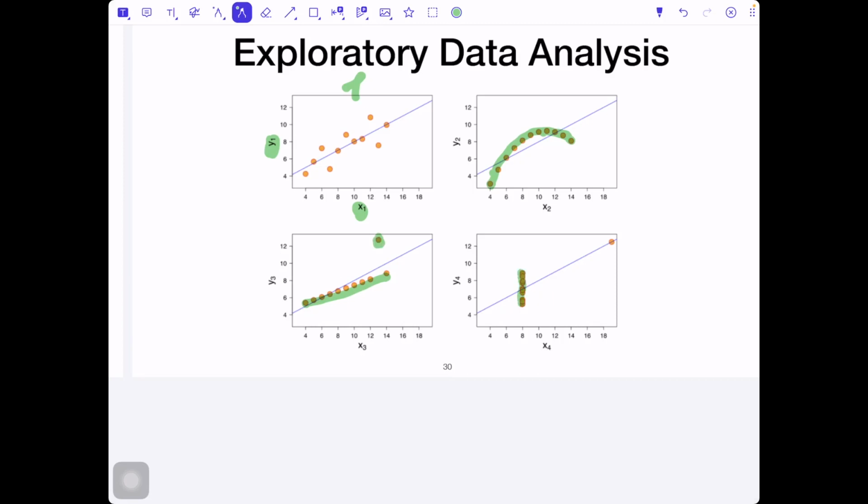Our fourth data set: again, the data could lie on one line, but this line is perpendicular to the x-axis, and we have one outlier. So if we apply the statistical methods, it gives us 4 identical data sets. But if we try to visualize it, we can immediately see that they are different.